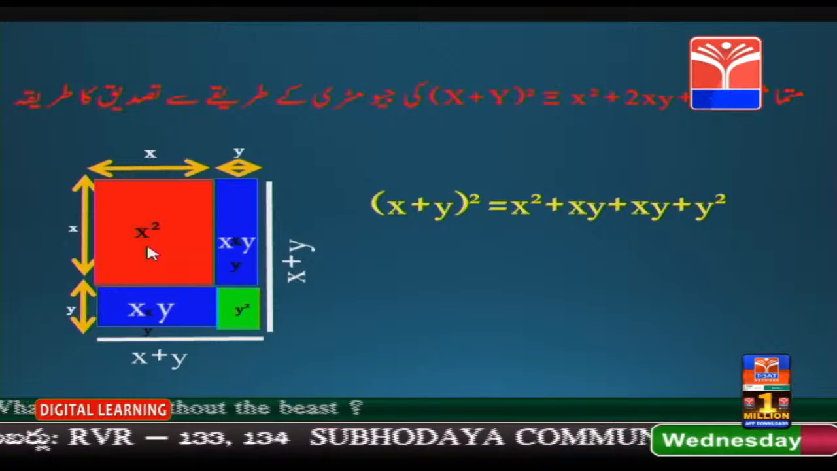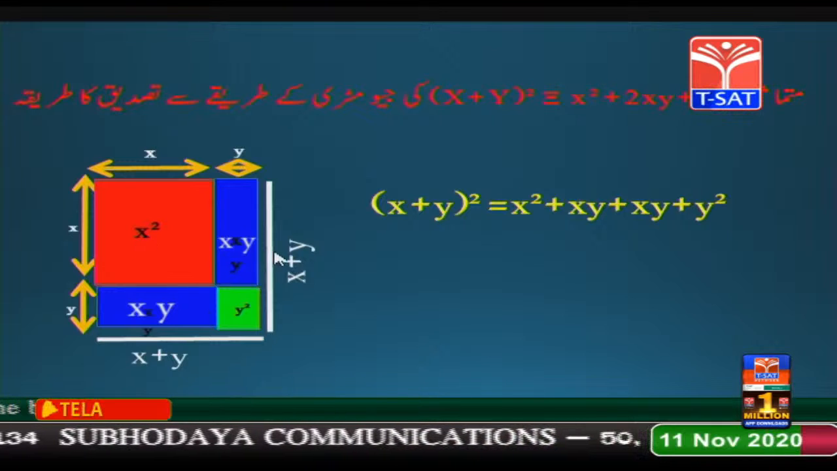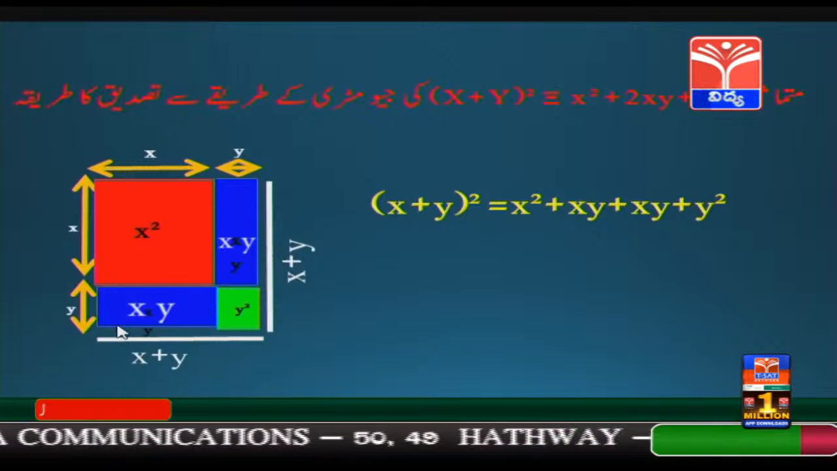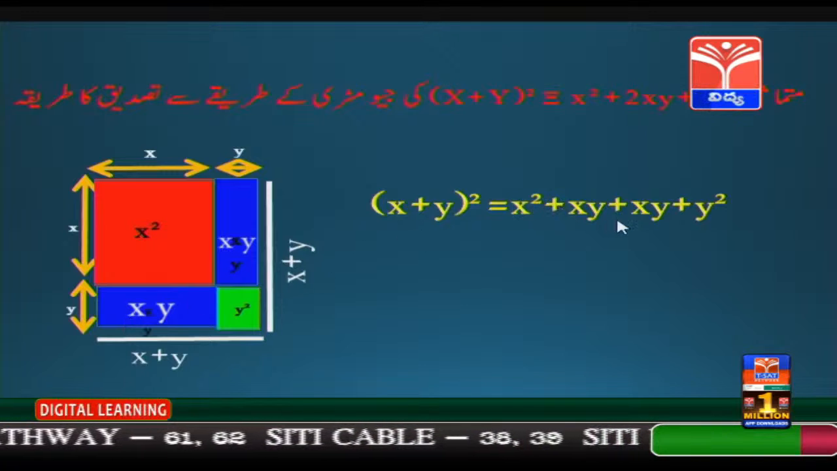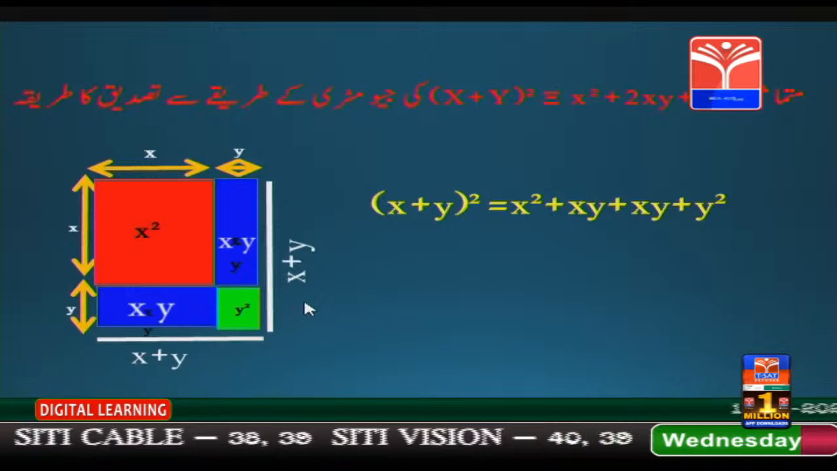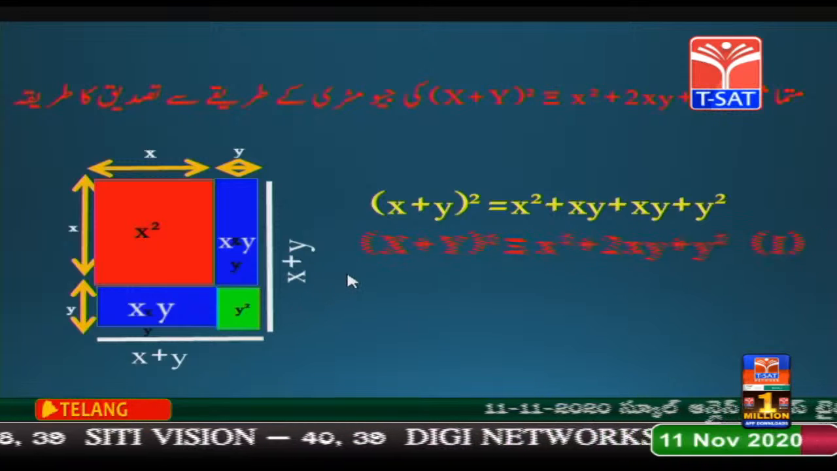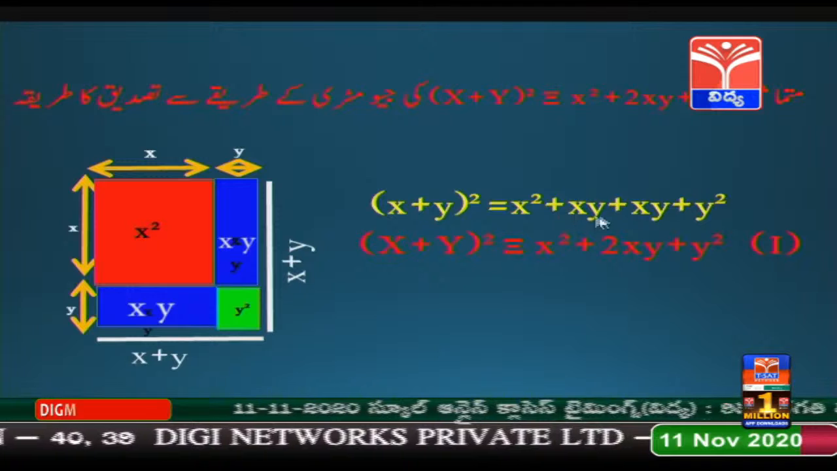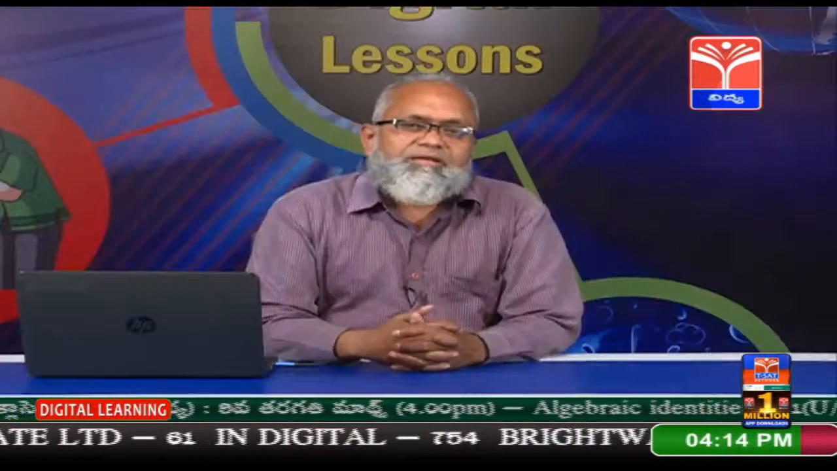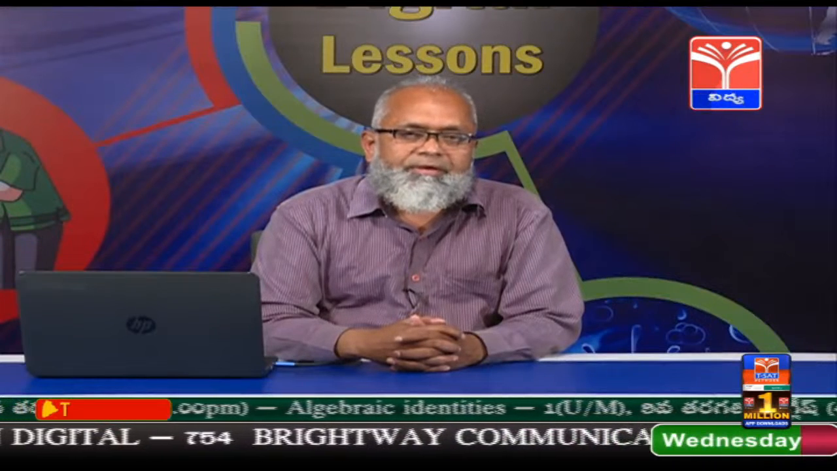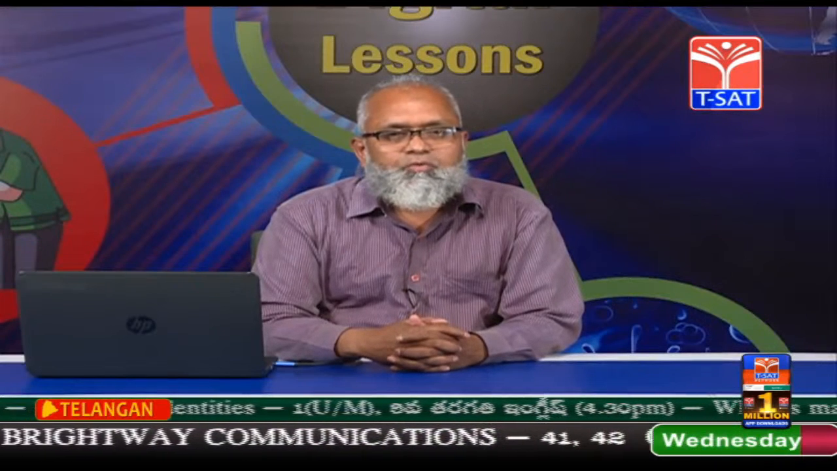क्या क्या जमा करना होगा मुझे? x की दूसरी जमा यहाँ xy है, यहाँ भी xy है, तो xy जमा xy, दो मरतबा जमा किया, और y की दूसरी है। इसी तरह से xy जमा xy को जमा करने पर क्या होगा? x की दूसरी, xy जमा xy यानी 2xy, जमा y की दूसरी।